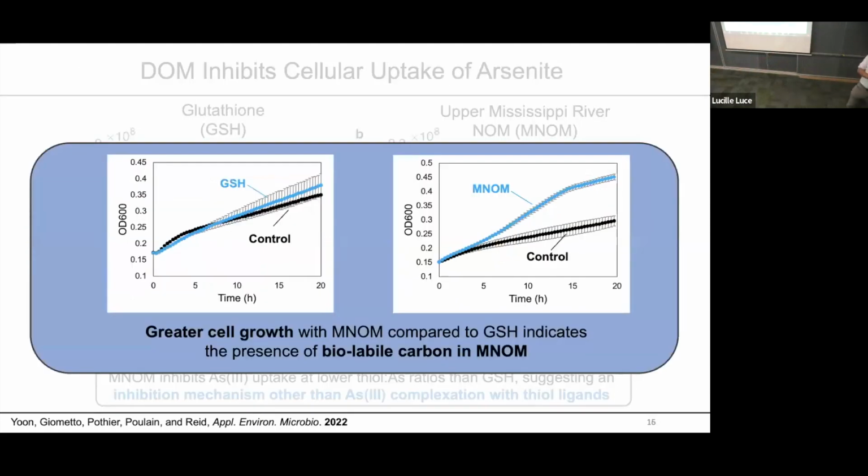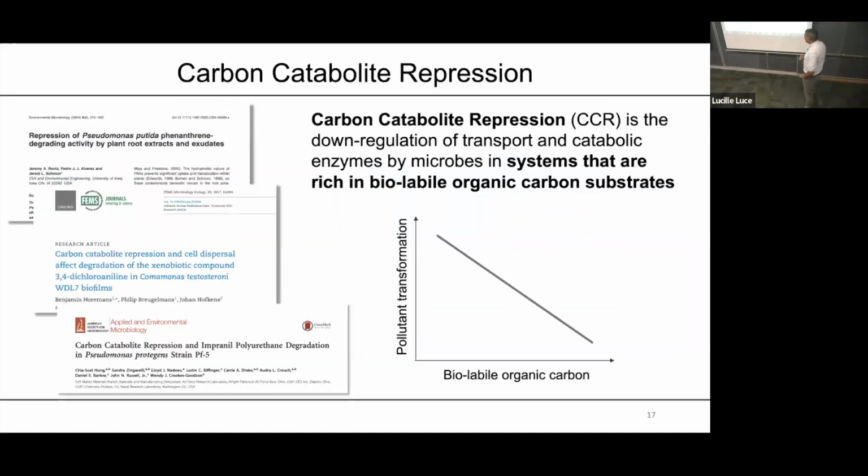And so what might also be happening is there's some biological response here, as well as just a chemical complexation. And what we saw was that when we look at OD600, so we look at cell growth, the cell growth is stimulated in the presence of the Mississippi NOM, when it's not really stimulated in the presence of the glutathione. So this is telling us that there's biolabile carbon in that MNOM pool that we don't see otherwise. Okay. And so this made us think about the possibility of something called carbon metabolite repression. Okay, so what is carbon metabolite repression? Okay, so this is something that's